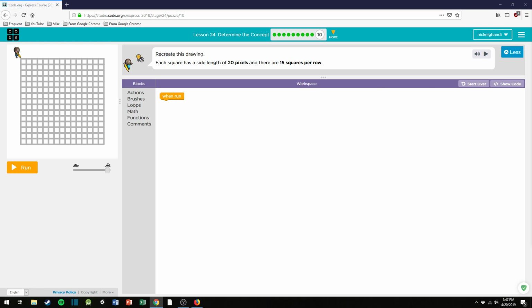All right. This one is actually pretty easy to do, really. You just have to build your functions accordingly. So we know each square has a side length of 20 pixels, and there are 15 rows per square. That's very useful information because we don't have to count it out now. So let's go ahead and start building a function, and we will just call it